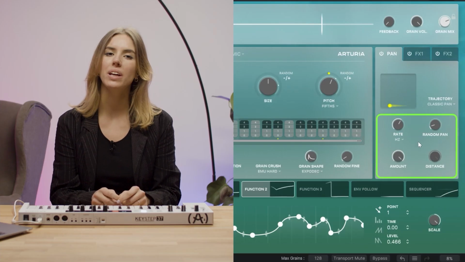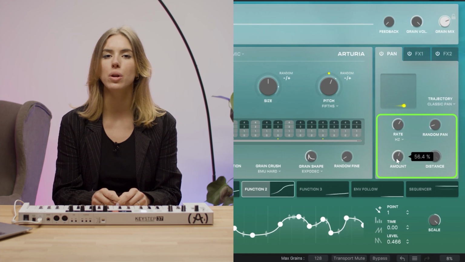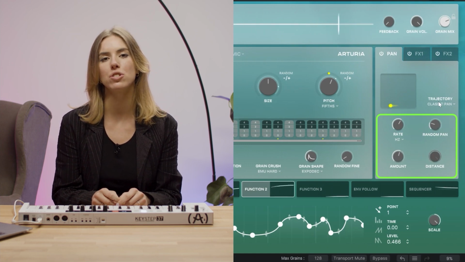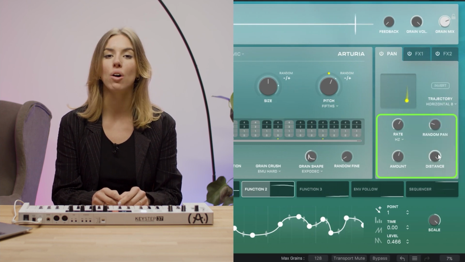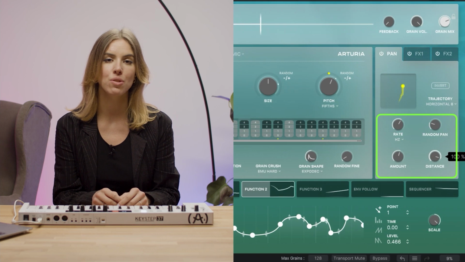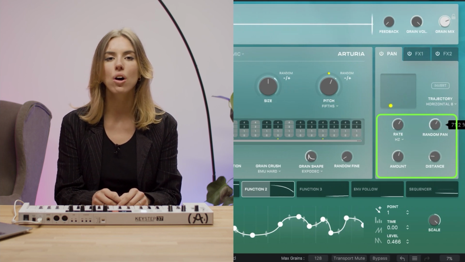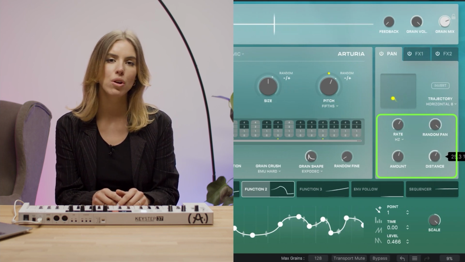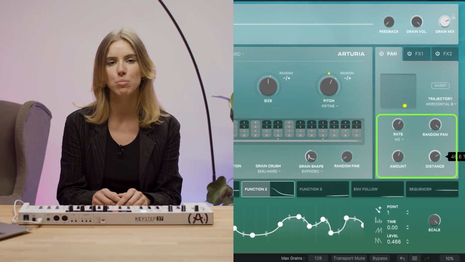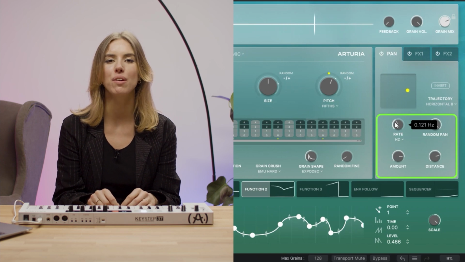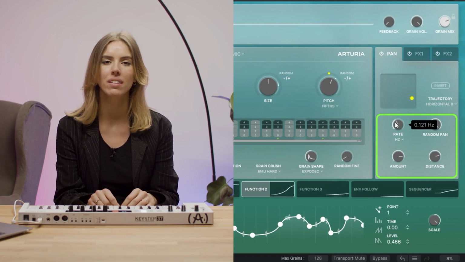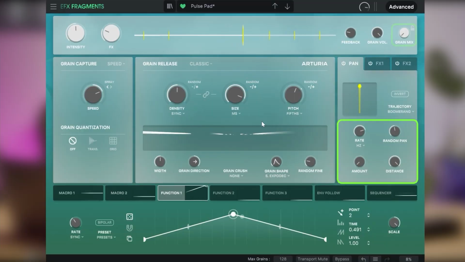Perhaps the most important set of settings appears in the advanced panel effect. Here we gain access to the rate of the stereo motion and the amount, which sets how widely the grains can move from the left to the right channel. We can also add randomization of the grains in the stereo field or use the distance control, which sets how far the grains can move from near to far. Let's play this cool sound to see how various controls of the advanced panel impact the original sound.